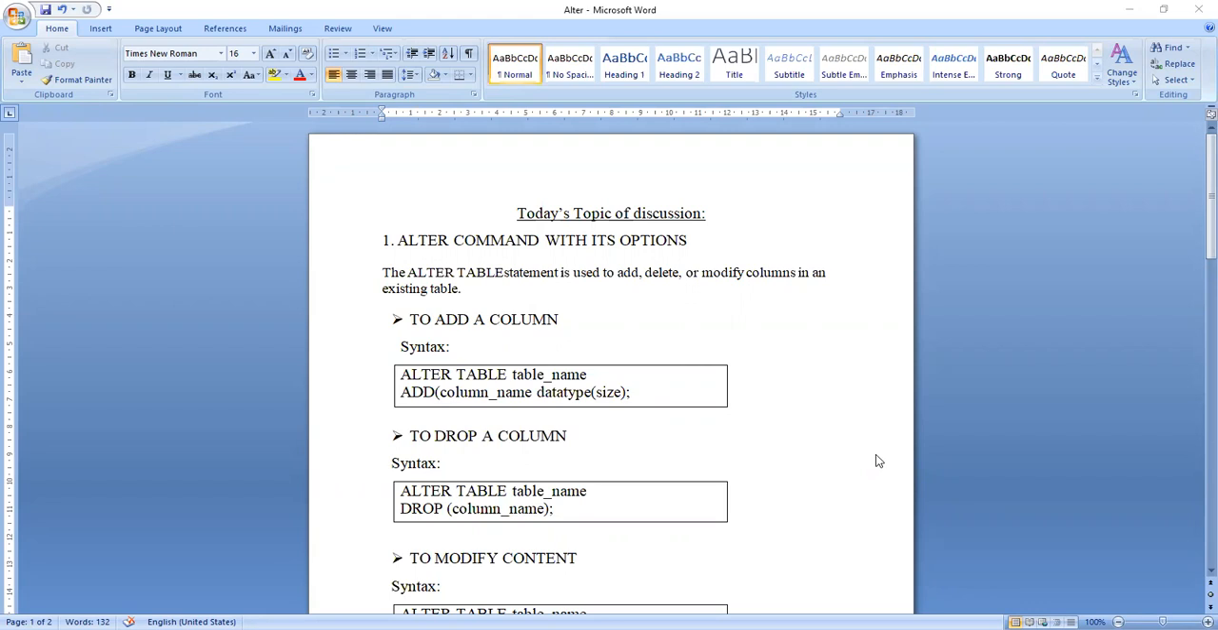Many times in the theory exam also, they ask this kind of question, especially in the VTU exam. They ask: explain alter command with its different options, or write a short note on alter command. What are the advantages of alter command? Generally, this kind of questions they'll ask in the exam. So today's topic will help you in lab as well as theory. Try to understand carefully